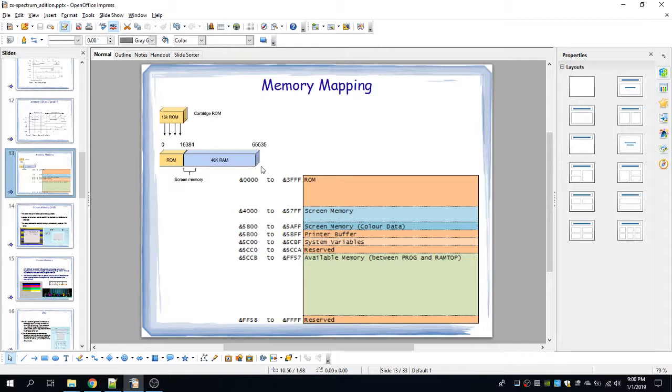So this is the memory mapping of the 48 kilobyte Spectrum computer. It was called 48 kilobyte because the random access memory was 48 kilobyte, while the whole accessible memory was 64 kilobyte. So the Spectrum computer contains a firmware, 16 kilobyte of code.